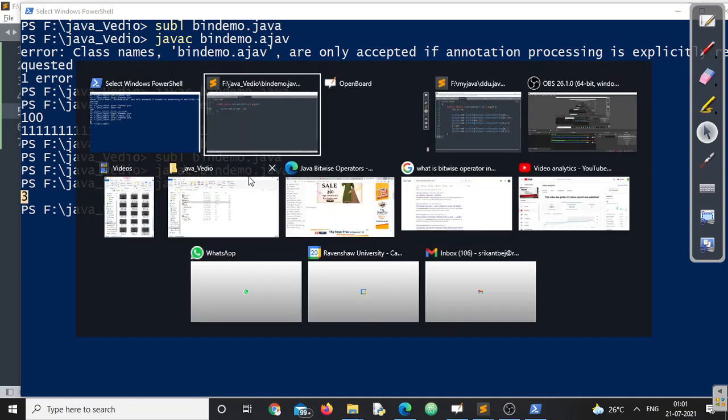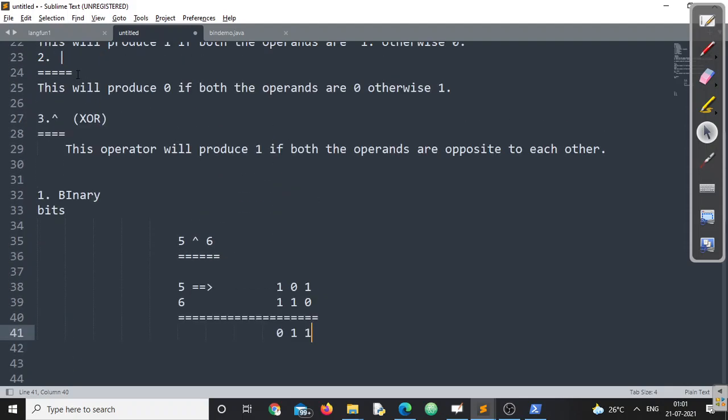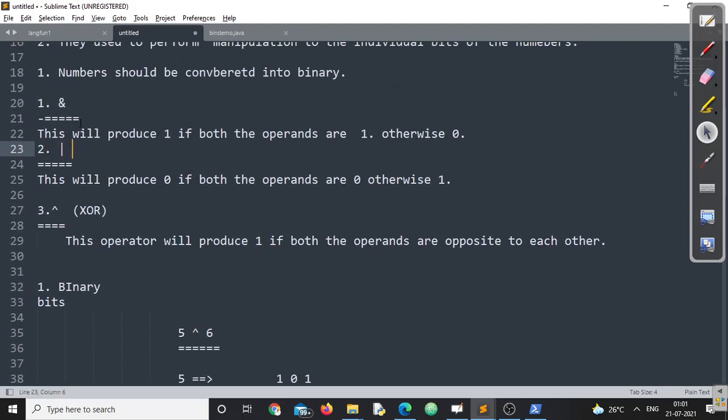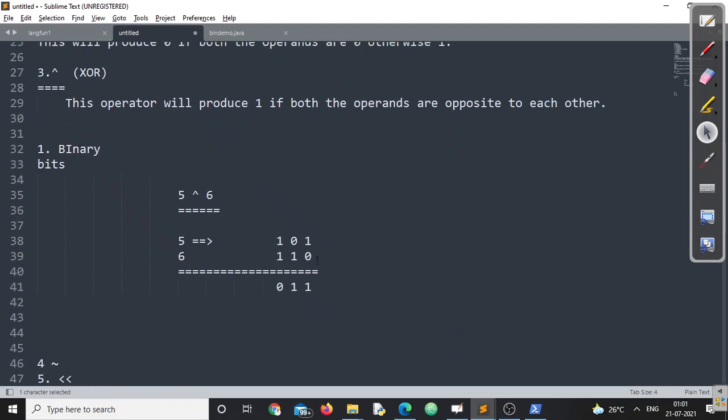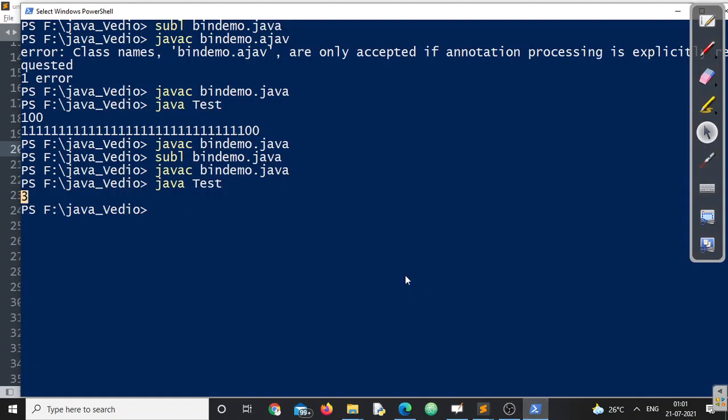I think this particular part we have already discussed here. In this part we have already discussed what will be the answer. The answer will be 3, right? And we have discussed how this answer will be 3. This will be 0, this will be 1 and 1, right? Okay. Now similarly you can test that one for OR, and you can also test that one for bitwise AND, right? Not only integral value, we can also test the things for Boolean value.